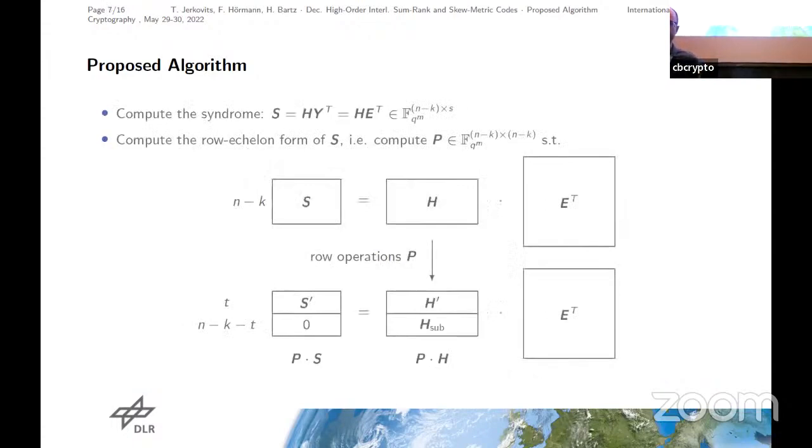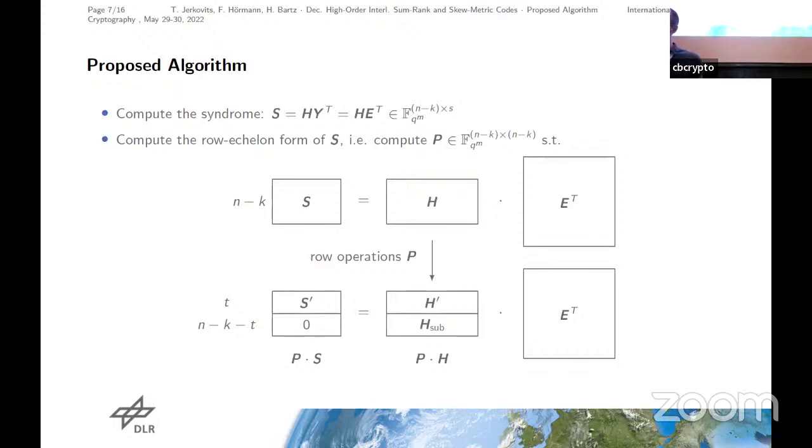Okay, so how does the algorithm work now? It all starts with computing the syndrome. We compute the syndrome matrix, which is the parity check matrix times the received codeword. That is equal to the parity check matrix times the error matrix transposed. And then we compute the row echelon form of this syndrome matrix. So we compute a matrix P,